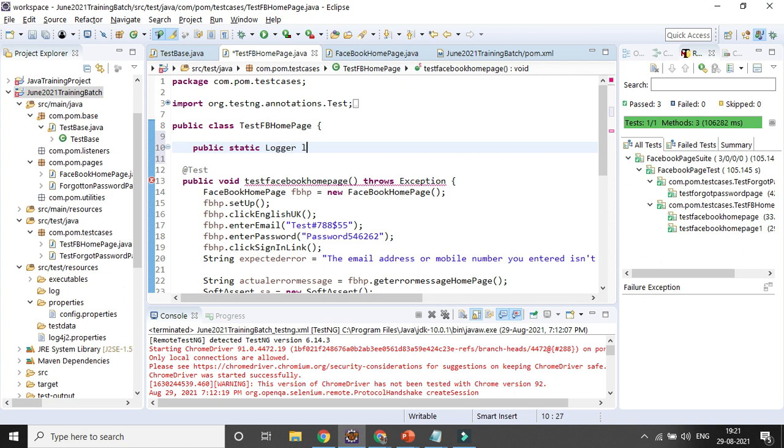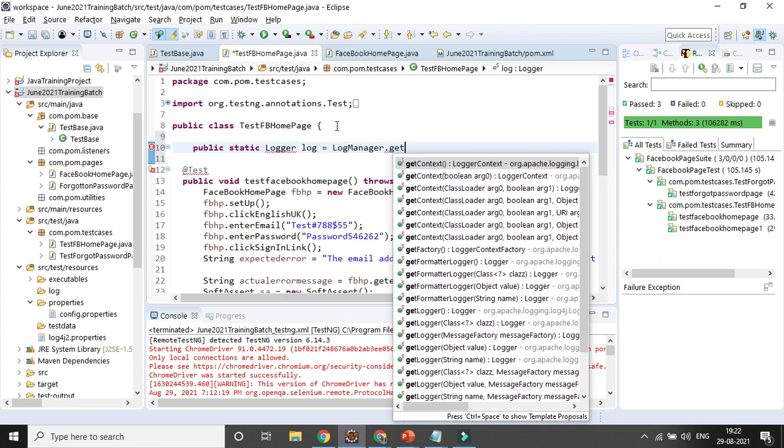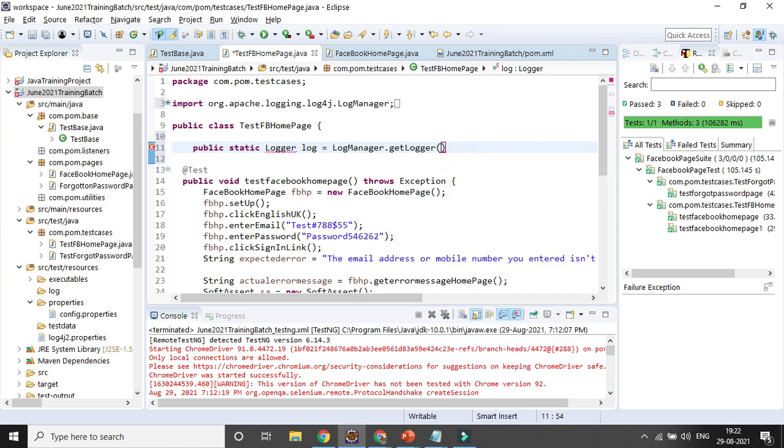I can create a variable called log equal to LogManager, that is another class, dot getLogger method, and here you need to give the reference of the class.